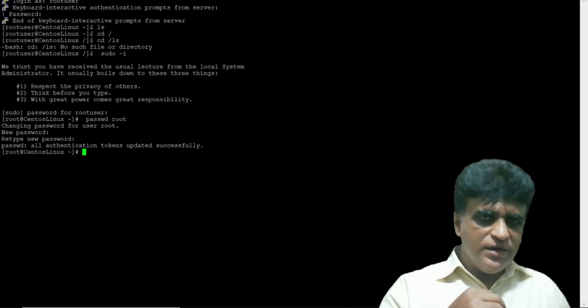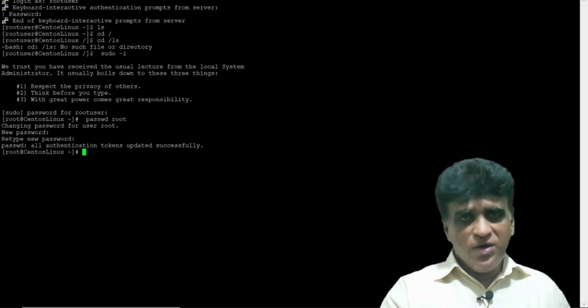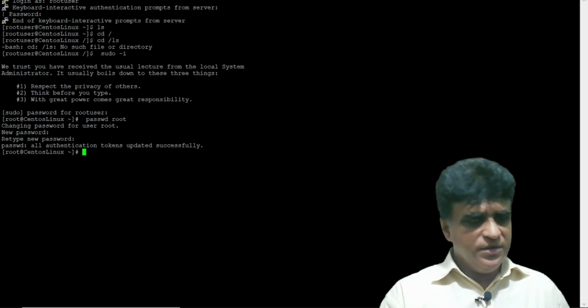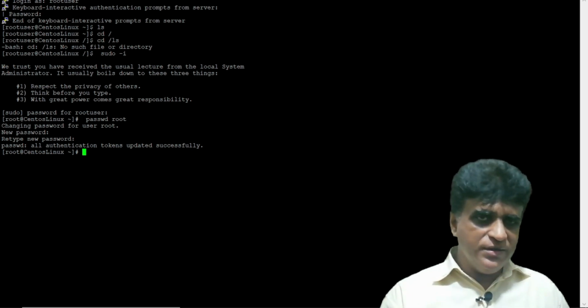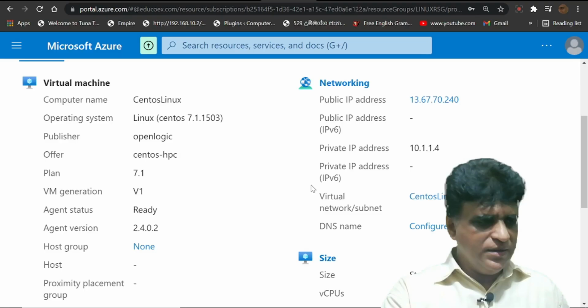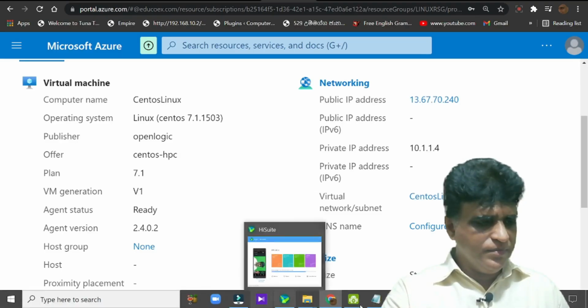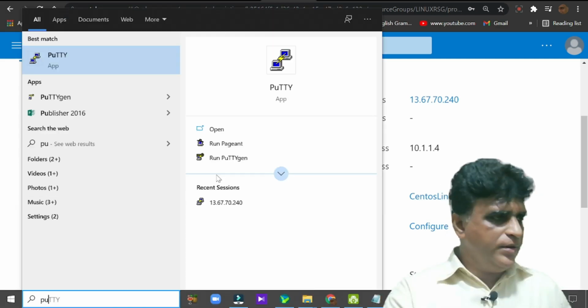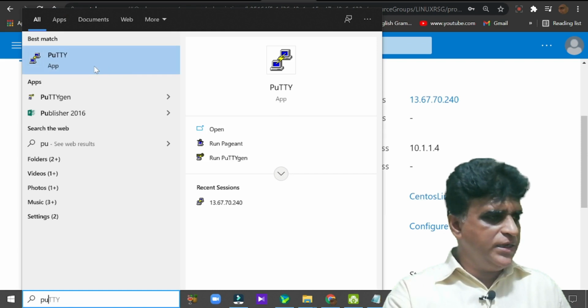Now, using the root account, we will log in to our SSH using our SSH client. I'm closing this and opening PuTTY.